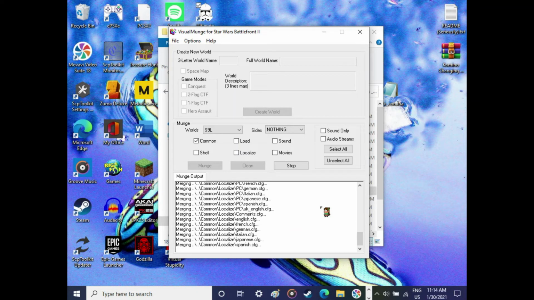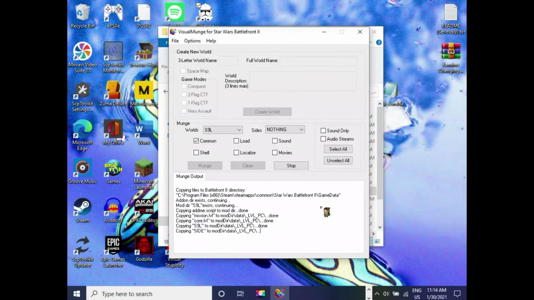So if you have trouble with that, that's what you can do, is use Camino, because